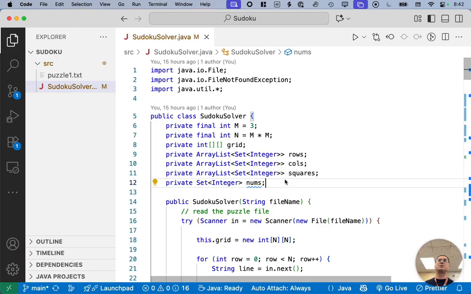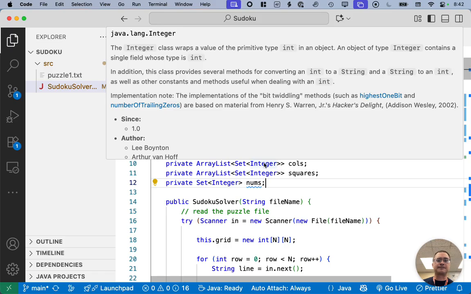So I want to demonstrate a few of the VS Code advanced debugging features, because as you start working on more and more complicated code, these are going to be more and more useful for you. So the first one I want to show you is